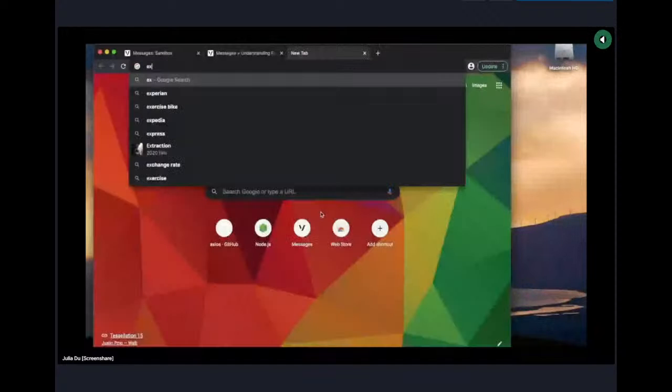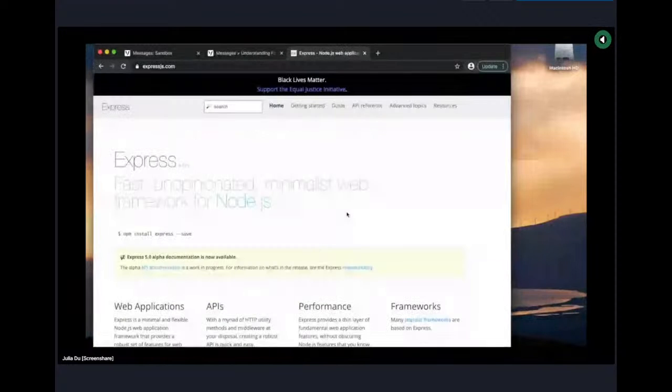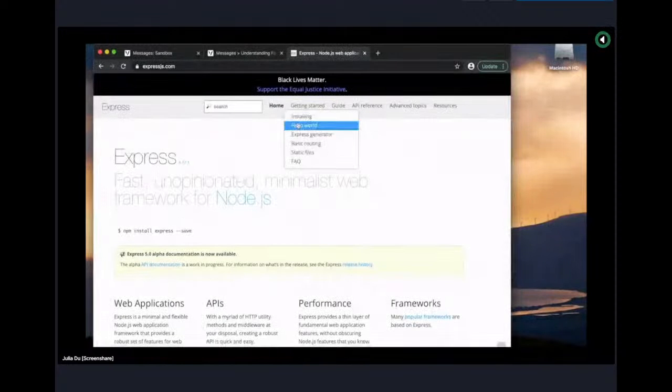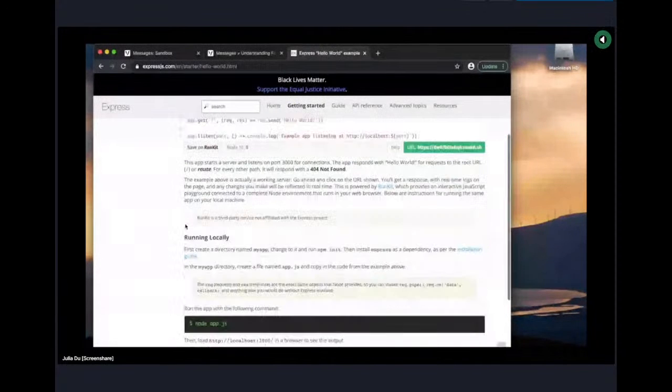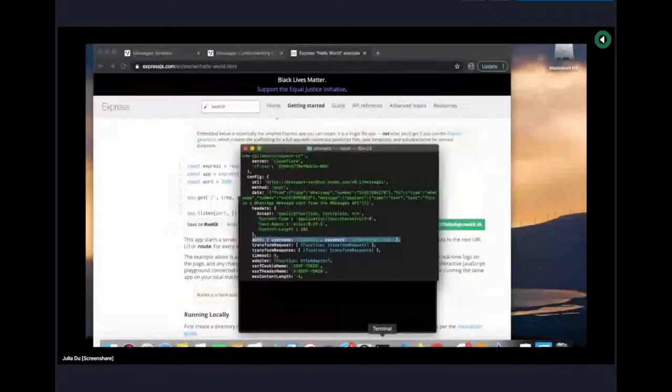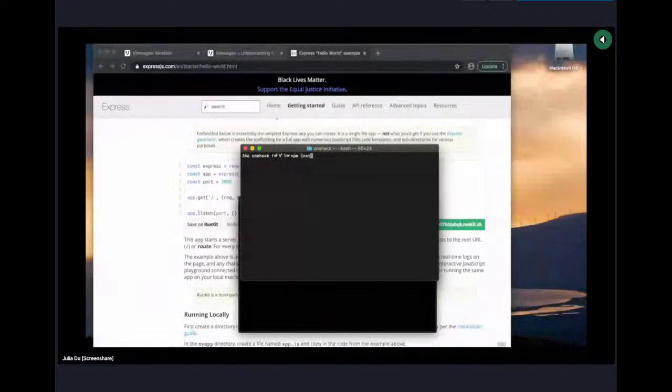Axios has been a good friend to us, but now that we need to receive a message from Facebook Messenger, we're going to need something that can do some routing and something that looks more like a traditional node server. Of course, there's no more traditional node server than Express.js. And so we'll probably want to go ahead and install that from npm in order to create the server for